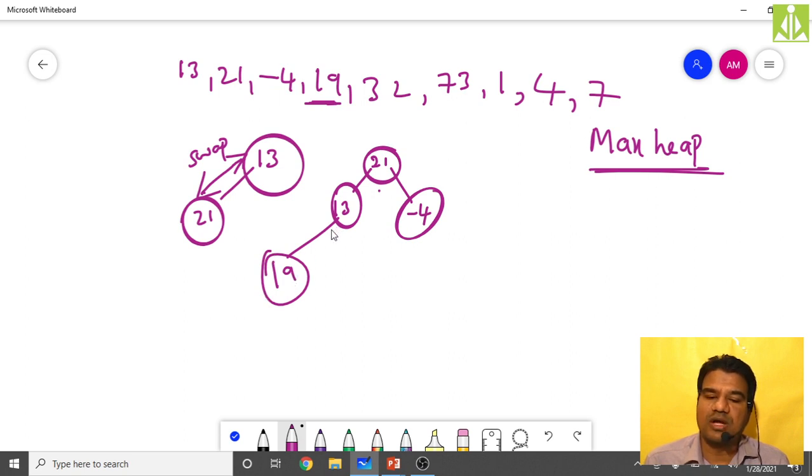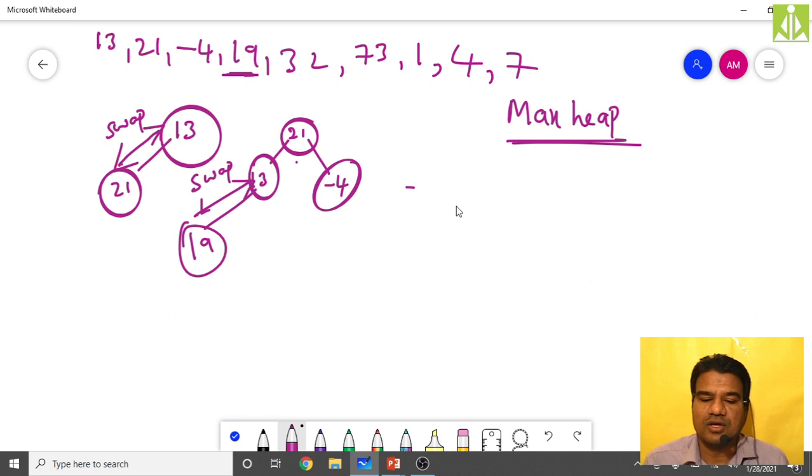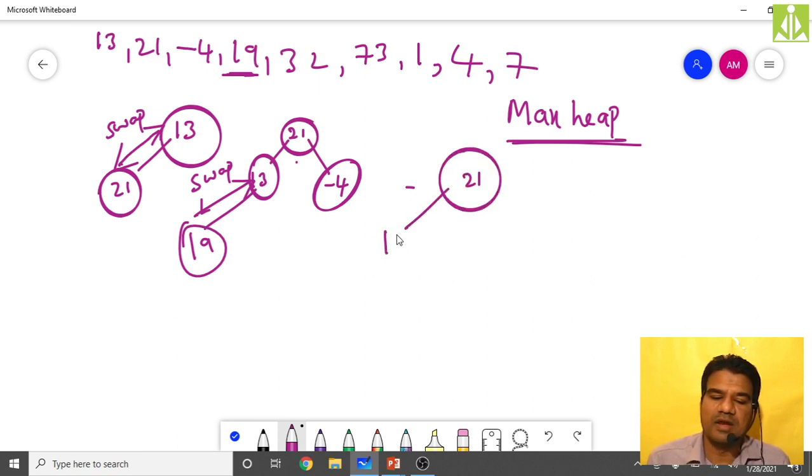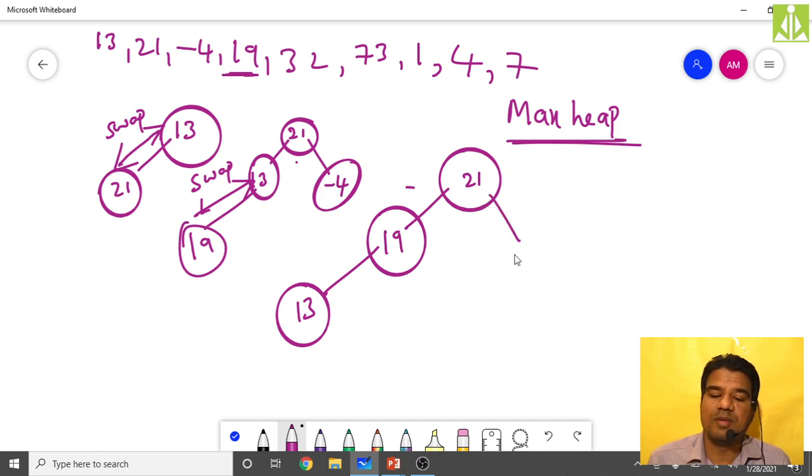Now compare this new node with its parent. The new node is greatest and the parent node is smaller, so perform the swapping. After swapping, you will get 21, then 19 will come over here, 13 will go down, and -4 you will have over here.